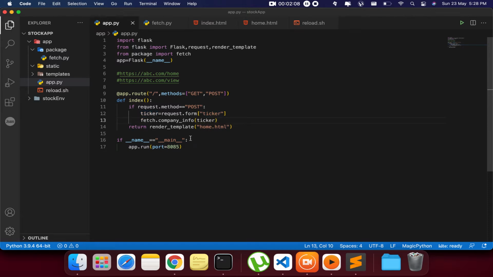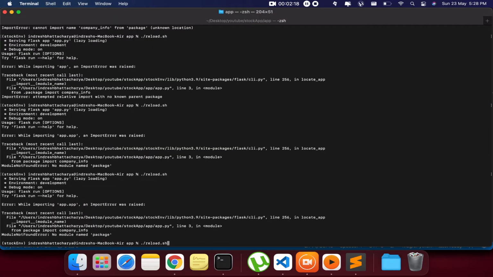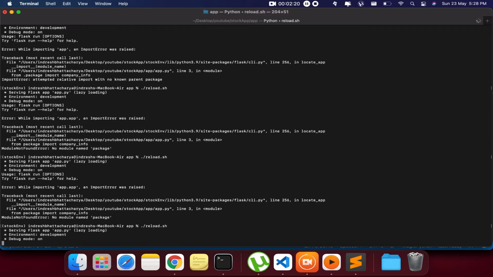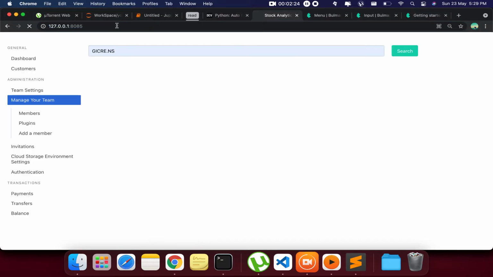And let's print it. Let's get the info and print it out, and we'll start with reload.sh. This should work. Check it out.